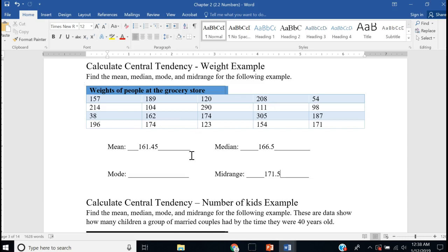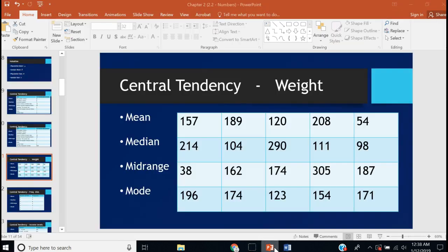157, that only occurs once. 189, that only occurs once. And I keep going on and on until I see that 174 occurs twice, and there's no other number that occurs twice. So the mode is 174. So my measurements of central tendency are on display there. Now, if we go to the next example